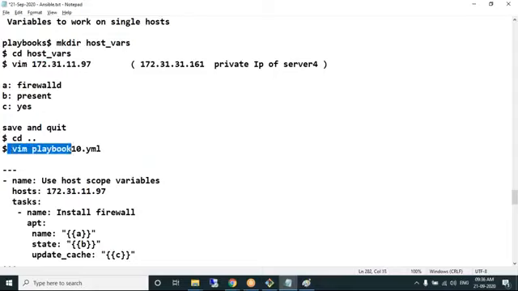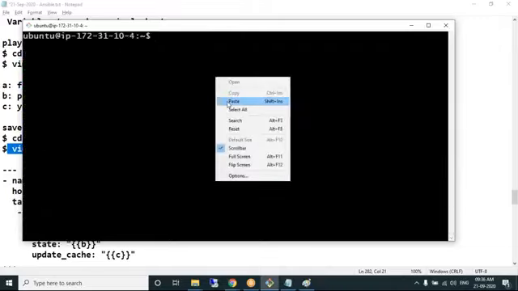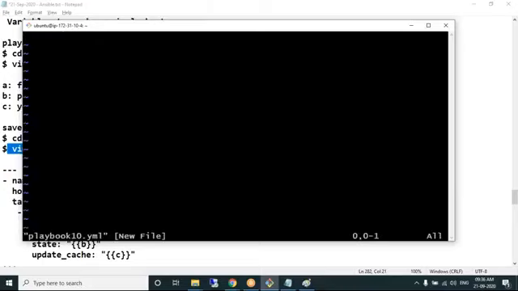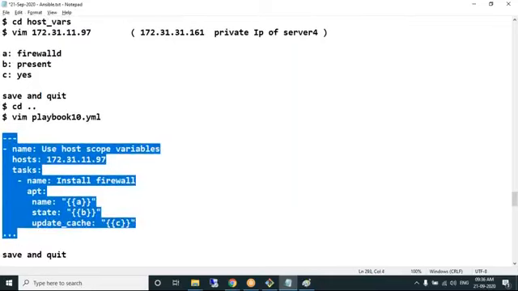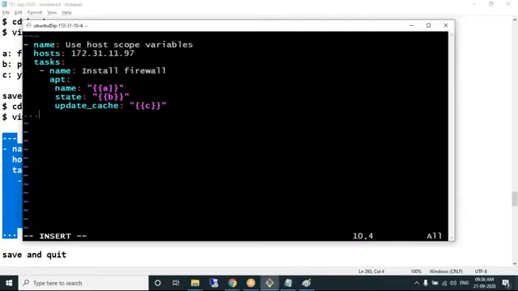Creating a playbook. Insert mode. If you look, this playbook is running on only one machine.